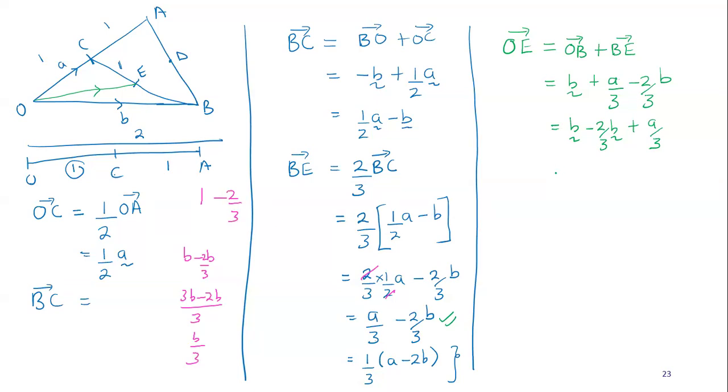So from here, you'll notice that you are going to obtain B out of 3 plus A out of 3. And if you simplify, this can be a third into B plus A. That is your OE. Hoping we are on the same page. Those parts are very correct, Renata.